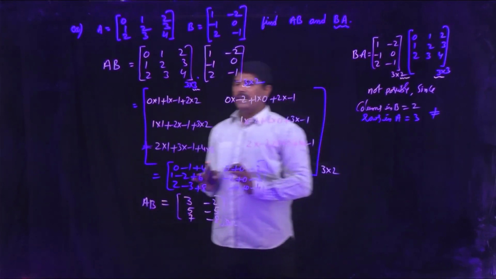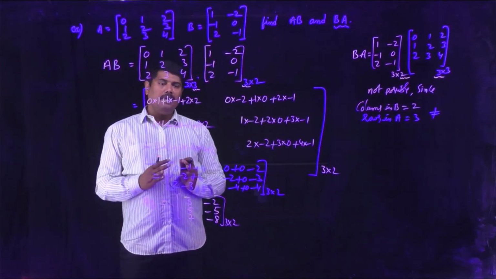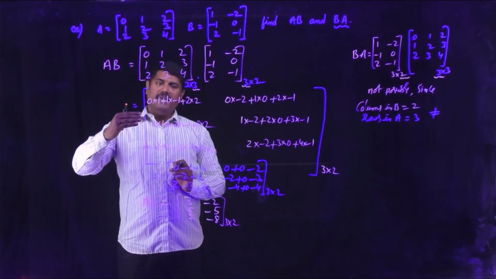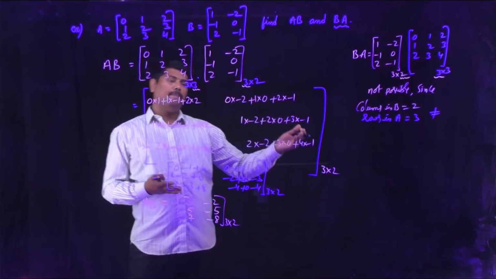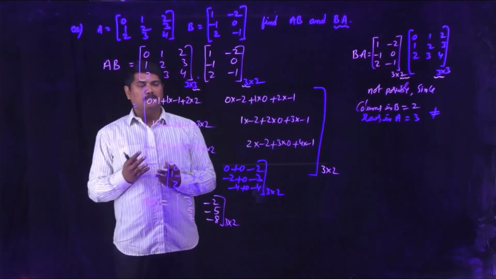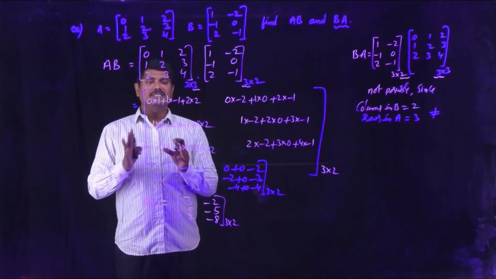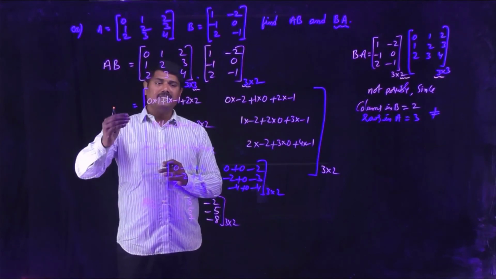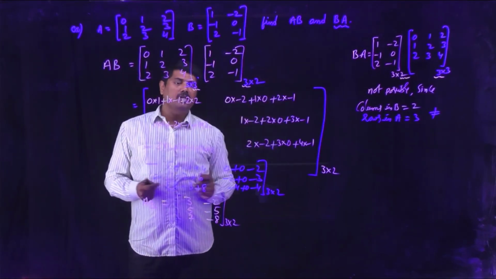Here in multiplication you observe one point. For any matrices A and B, if AB is possible, then BA may not be possible; it need not be possible. In the real number system, if A into B is possible, then B into A is also possible with the same value. Here in matrices, remember one point: if AB is defined, it is not necessary that BA is also defined.